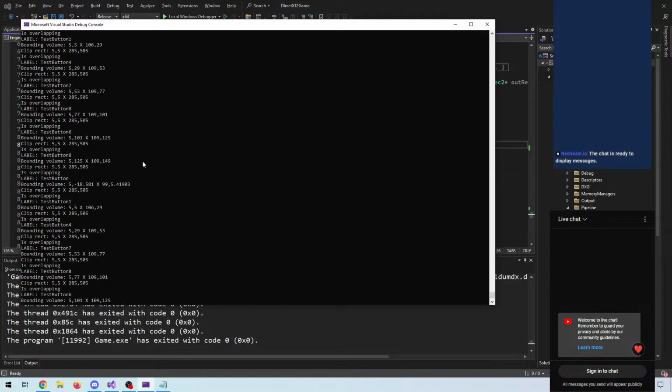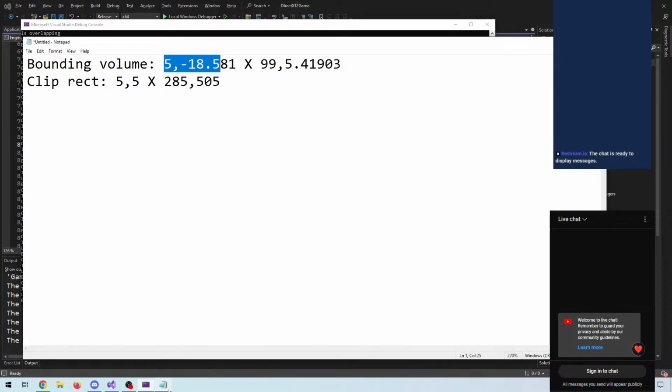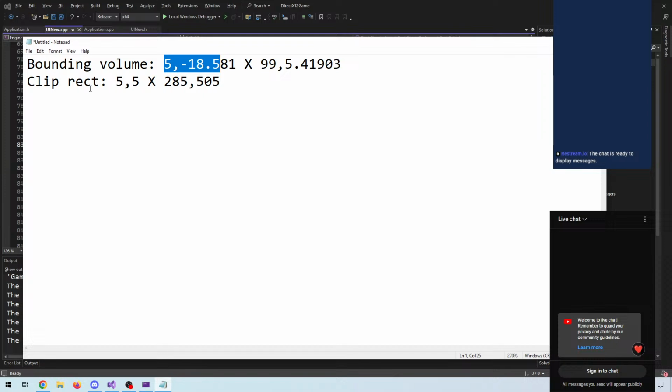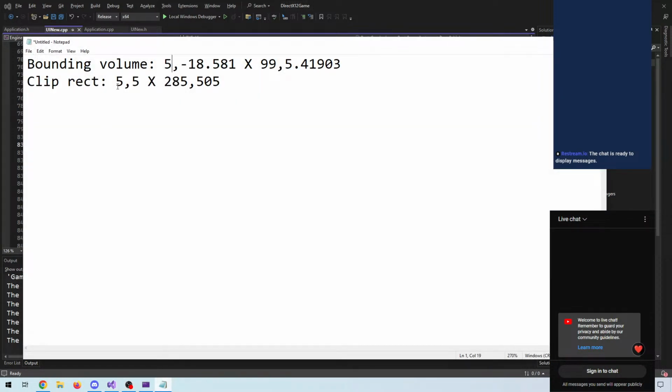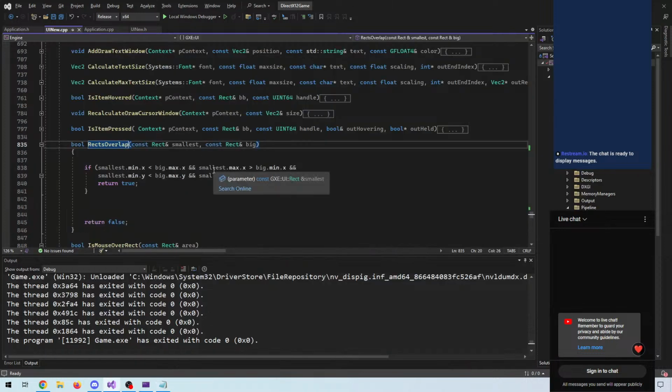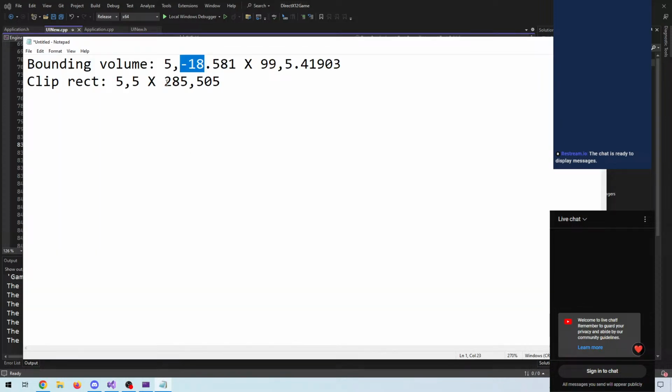So this minimum x, right here, this minimum x should be smaller than this maximum x, which it is, this minimum y should be smaller than this maximum y, which it is,